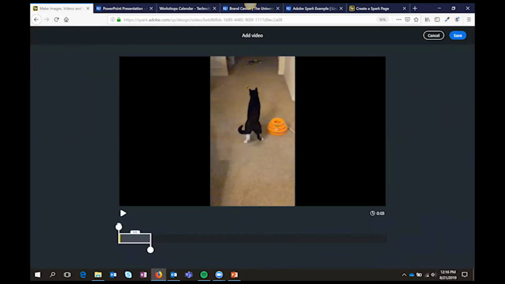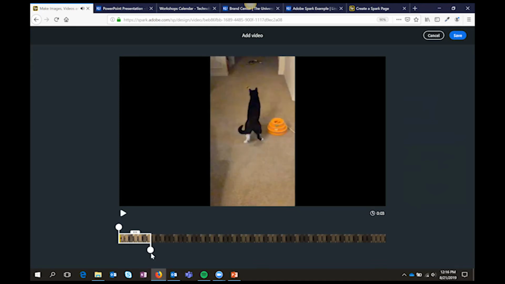So with the video, this lets you pan through and select the time. The play gives you the playthrough of this. If I wanted this to be a longer part of the video, then I could expand that here. Once you're happy with what you've selected in your video selection, which is in this white area,